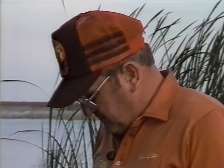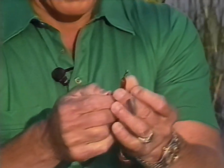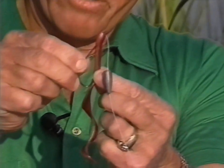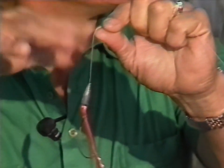Heavy-duty 30-pound line. I'm going to take that worm and rig it Texas style, coming through the head of the worm about 3/8 of an inch, pulling the eye into the worm, then turning the worm and the hook around so that I penetrate the point right into the body of the worm. Now I have that slip weight pegged, and I'll slide it down. I have it pegged so jigging in this brush, it's...